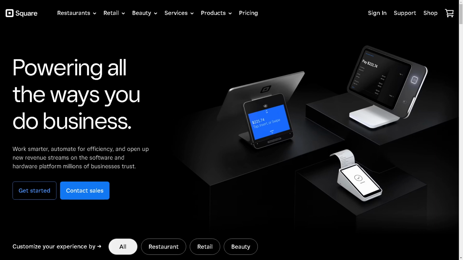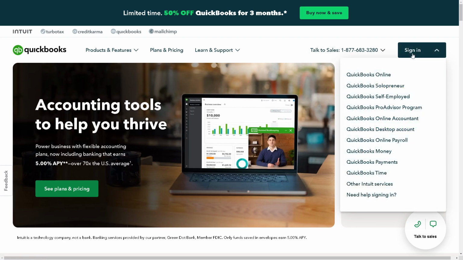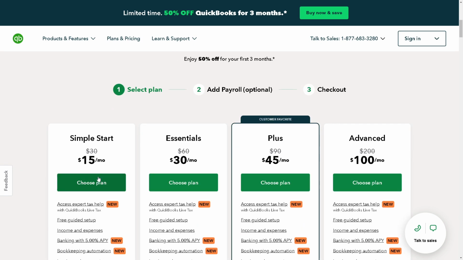In today's video, we are going to explore how to integrate Square with QuickBooks Online. Let's begin. Now, the first thing you need to do is log into your credentials. All you're gonna do is click on the sign in button. And once you've done that, you might want to go here to check the best plans